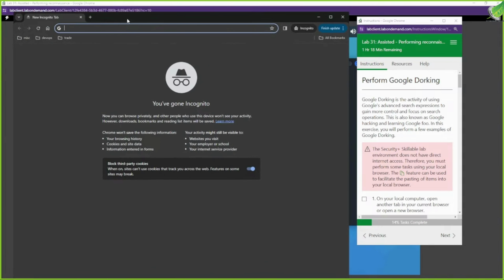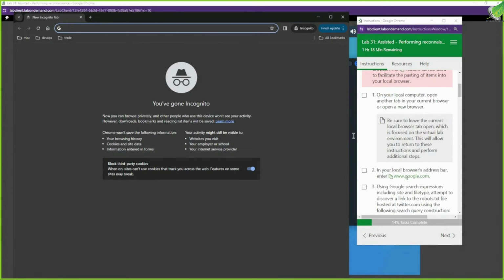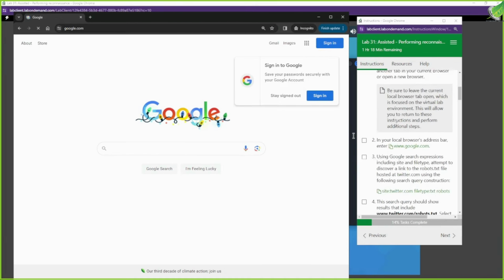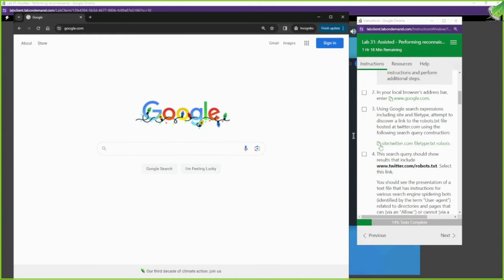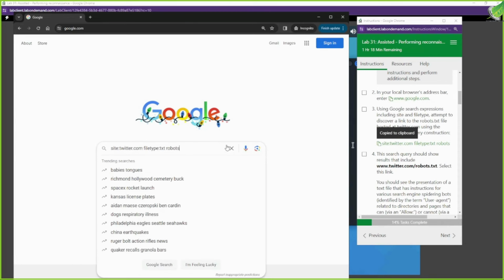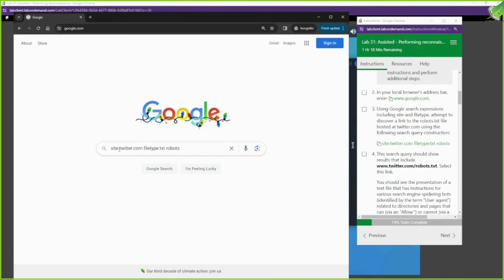What are Google dorking techniques? Well, we're about to find out. We played around with it a little bit before. We're gonna play around with it again. We're gonna go to google.com, and now we're gonna type this string inside of google.com. What is this string doing? It's looking for any site that matches twitter.com, and we're looking for the file type TXT. So we're asking Google, hey, return everything from twitter.com that has a file type of TXT